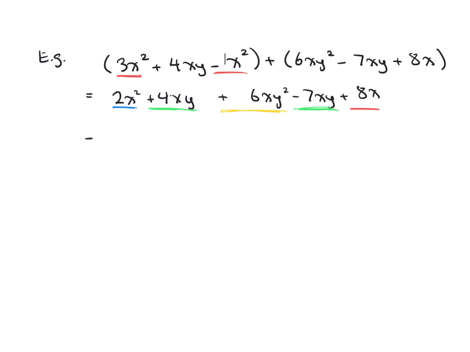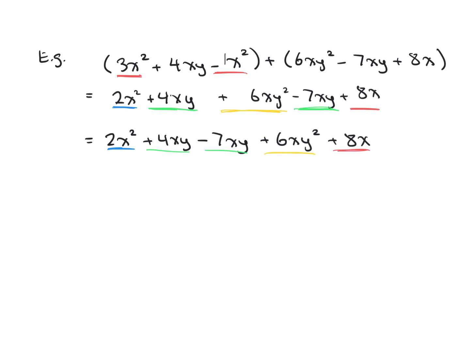So what I'm going to do is group them together. And everything else I'm just going to copy down. So 2x squared I just copied down. Now the plus 4xy I'll copy down, but then beside it I'm going to write down minus 7xy because I'm grouping together the terms I underlined in green. And then I'll copy everything else down. So plus 6xy squared and then plus 8x. This is just an organizational step. Writing the like terms beside each other makes it easier to add or subtract on the next step,